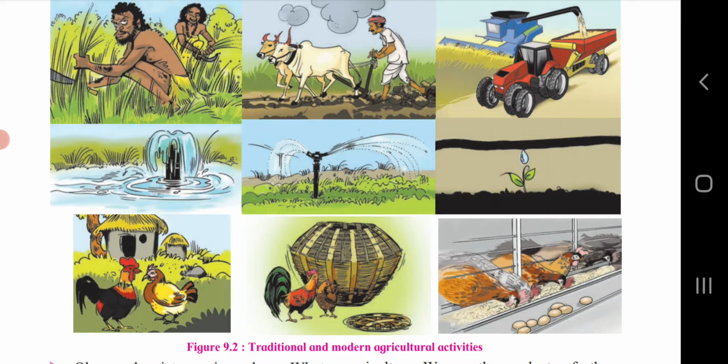So if you see the second line of pictures, the initial picture shows water being let to flow freely in the field through an outlet of a pipe. The next picture, the second picture, shows the use of sprinkler irrigation. And the latter picture shows the use of drip irrigation, which saves a lot of water as compared to the other types. So these are the second line pictures which show the development in giving water to the plants in different ways.